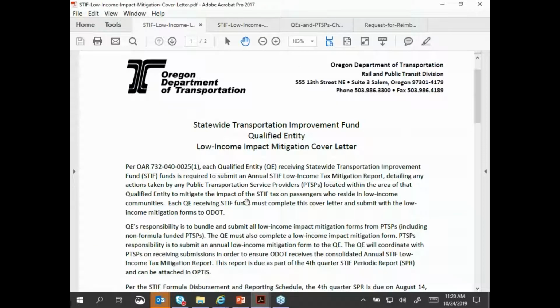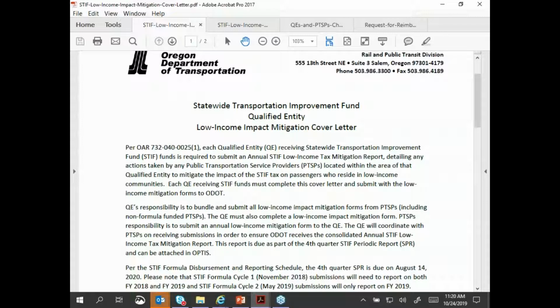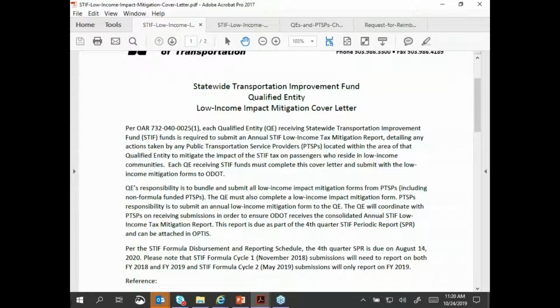So here is the cover letter that has been finalized. As you see here, we have that administrative rule with why this is a requirement and how each QE receiving STIF funds must complete this cover letter and include all those low-income mitigation forms to ODOT. And it is the responsibility of this QE to bundle and submit those forms from their PTSPs, including non-formula funded PTSPs.